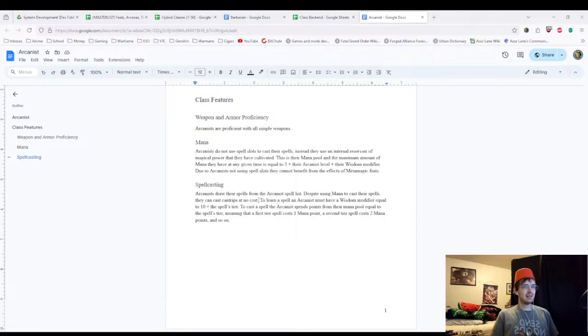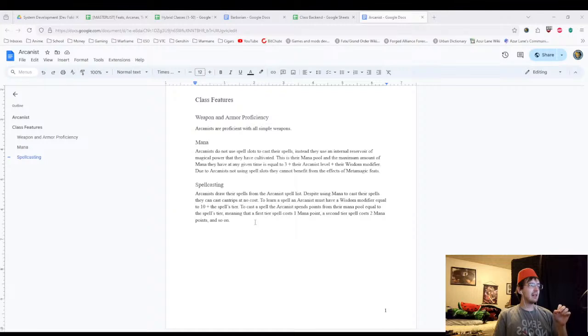So basically, where most classes, as they level up, unlock different tiers of spell slots that they can use, I think a wizard can't cast second tier. Let me actually look. Pathfinder wizard can't cast second tier spells until 3rd level. Technically speaking, the way this is written, if your Arcanist has sufficient wisdom,